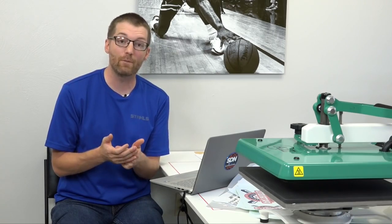So you can get a ton of return on an investment of a heat press, and you can print so much more than just t-shirts with screen printed transfers, as you've already started to learn. And so let's talk about the types of customers that you can reach with a heat press. Let's show you some different designs, some different products, some different finishes that you can achieve with your heat press